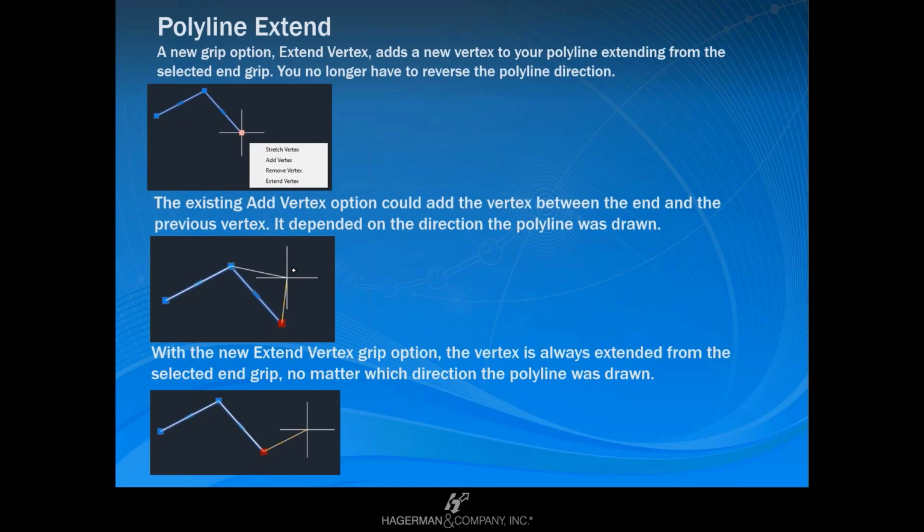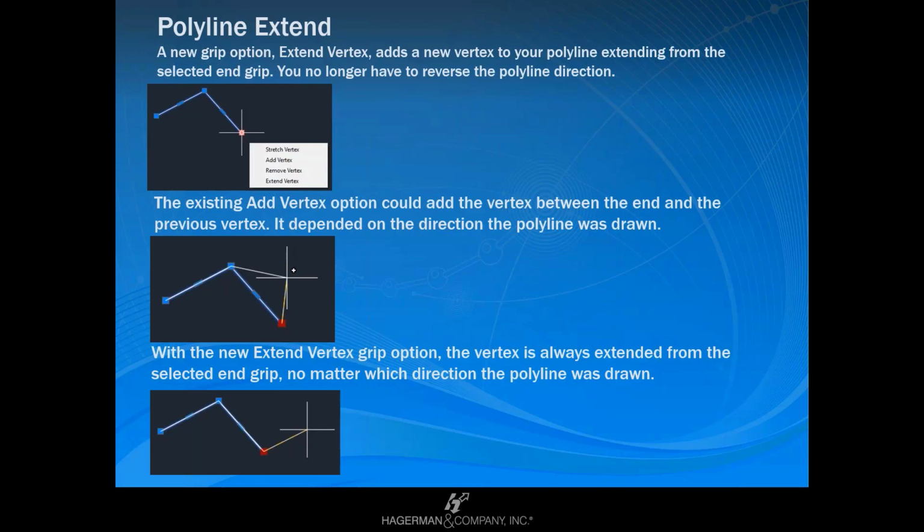You have a new feature after you've created a polyline. You're going to have a new grip option where you can extend a vertex, not just add. It adds a new vertex to your polyline extending from the selected end grip. You no longer have to reverse the polyline direction. And as you can see, the way it works now, the existing add vertex option could add the vertex between